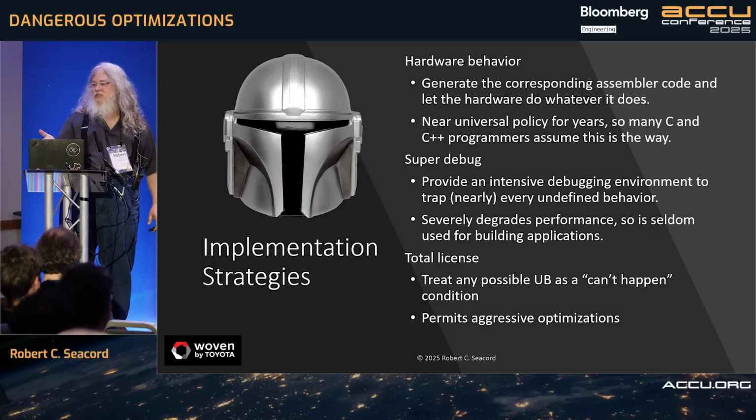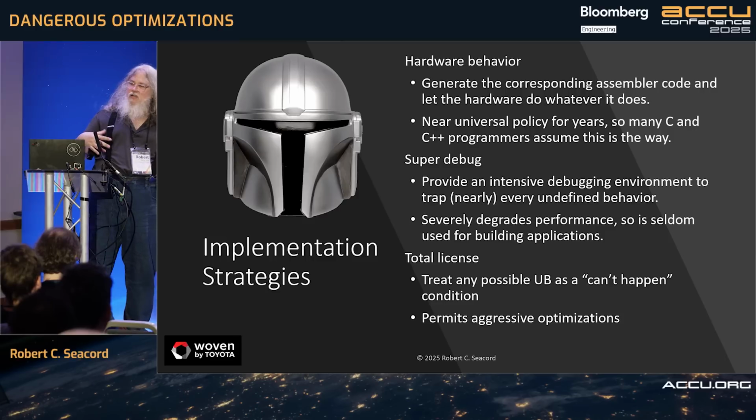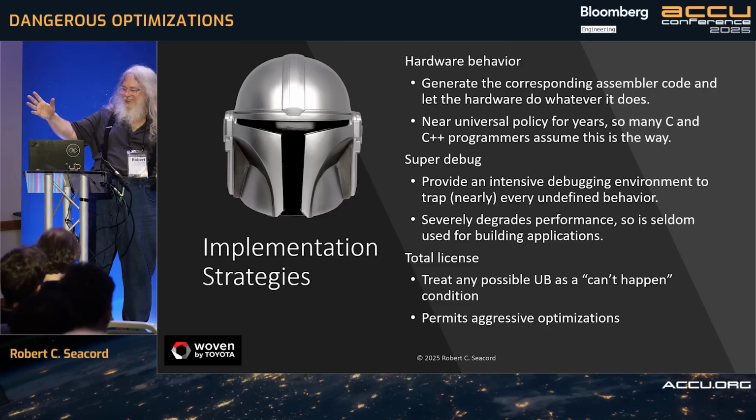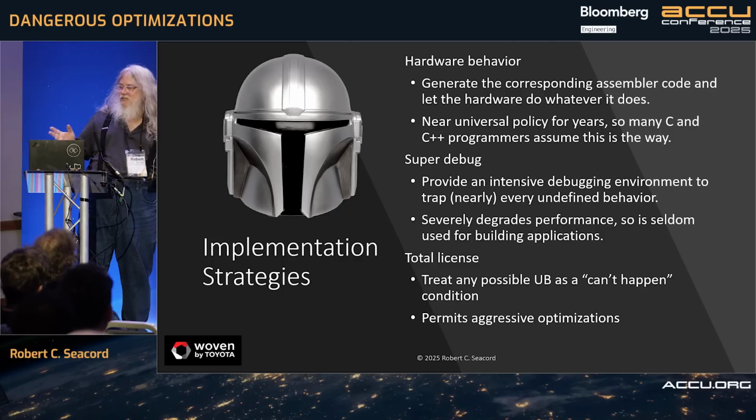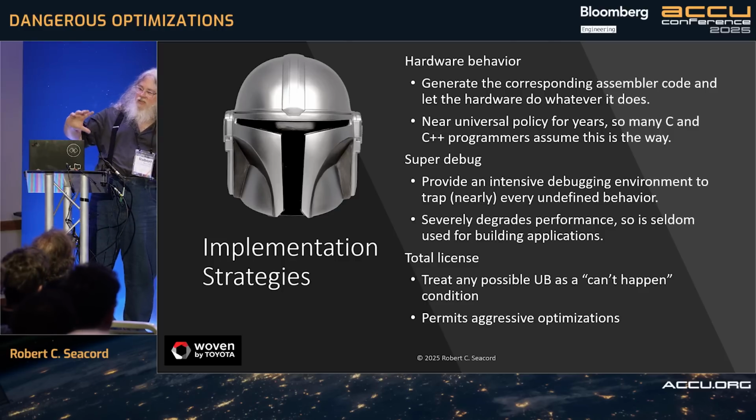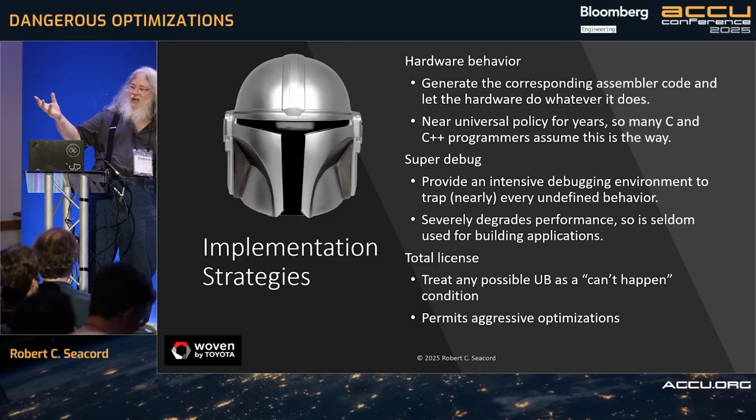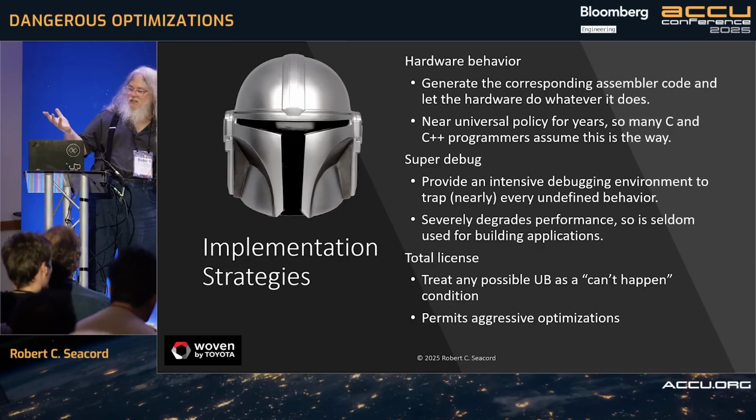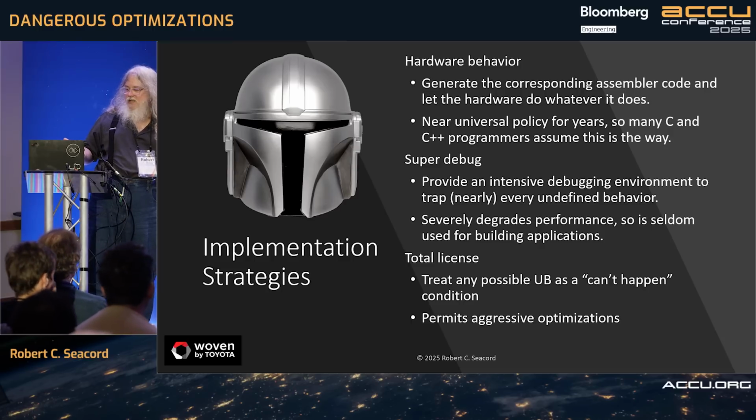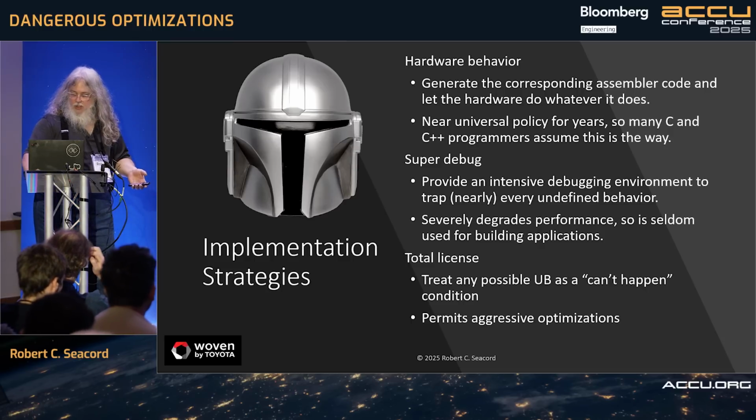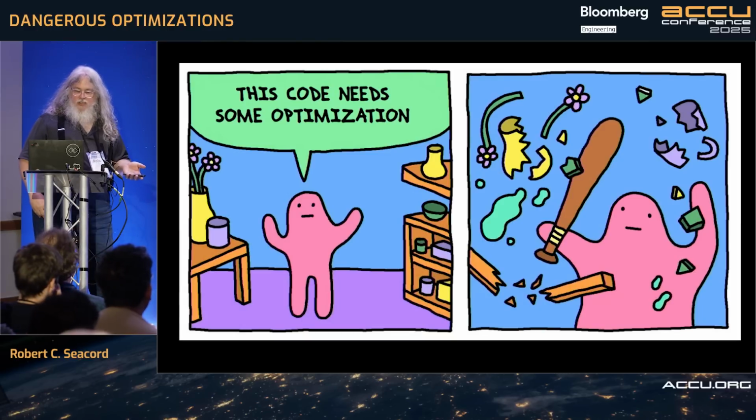And what compiler vendors do for the most part is their compilers used to compile some source code, right? And what they're trying to do is make that source code work. They don't want to break it. So compiler writers aren't necessarily evil. They're trying to accommodate the users of their compilers. But that doesn't help portability, for example. So anyway, this is the total license model. This code needs some optimization, and